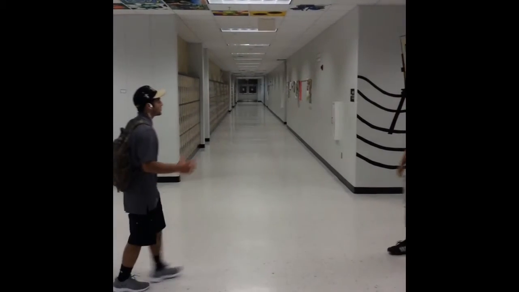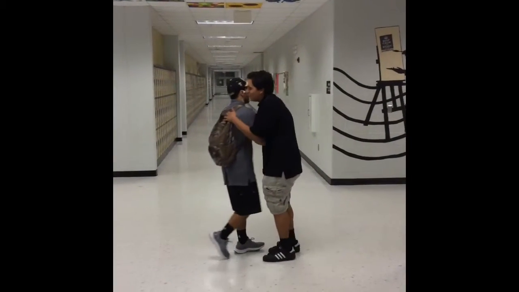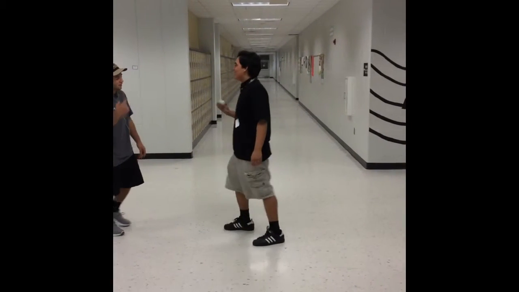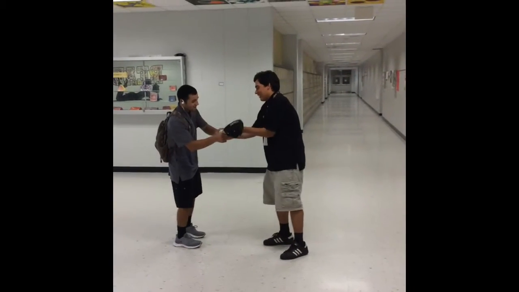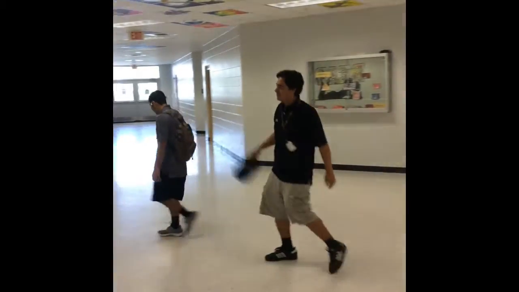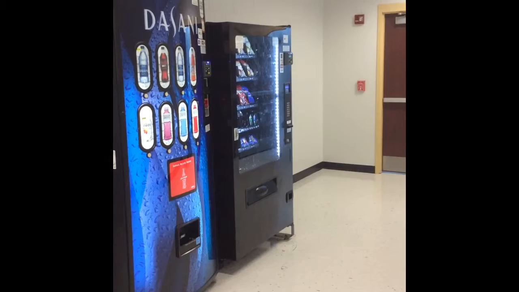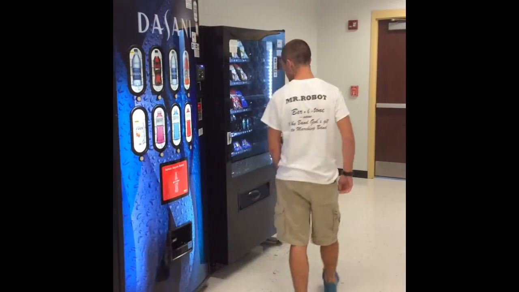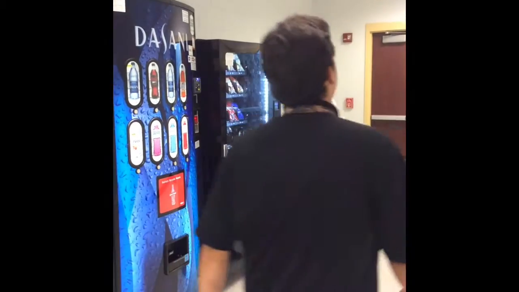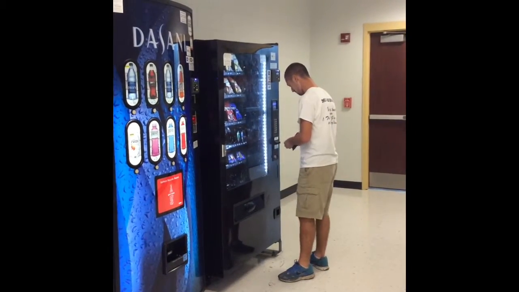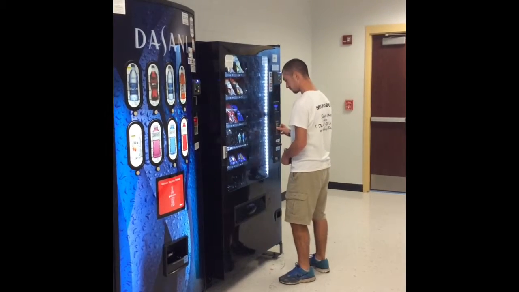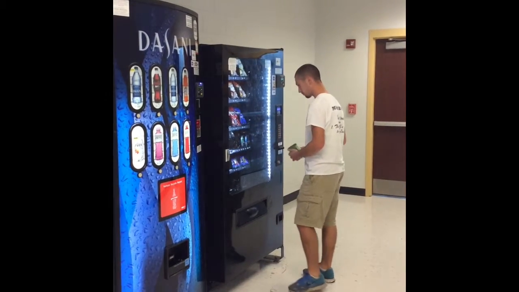This is a classic example of free market economy in play. Julio wants Ivan's lacrosse ball and Ivan wants Julio's hat, so they make a trade. Go. This is an example of supply and demand, one of the focal points of a free market economy. The more the consumer demands, the more the government has to supply, or in this case, the school. They have to supply more fruit roll-ups because that is what has been demanded by the consumer.